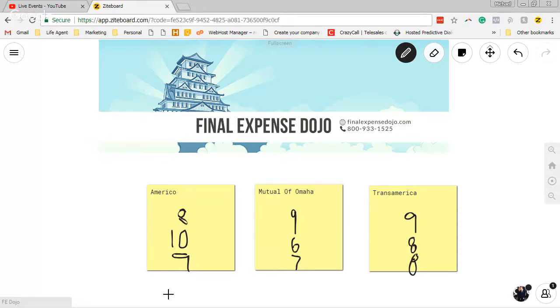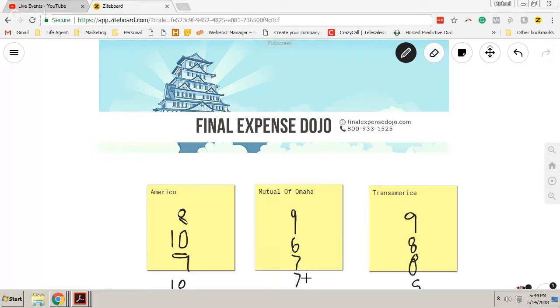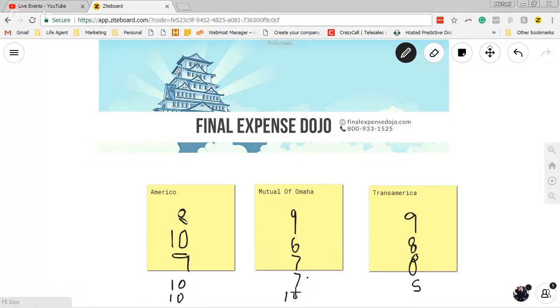Ease of submitting business, Americo was given a 10, best EAP in the industry. Mutual of Omaha was given a 7, and Transamerica was given a 5. Just please fix this, Trans. So was that it? Oh yeah, agent communications, Americo got a 10. Mutual of Omaha got a 10. And then Transamerica got a 7. So obviously,